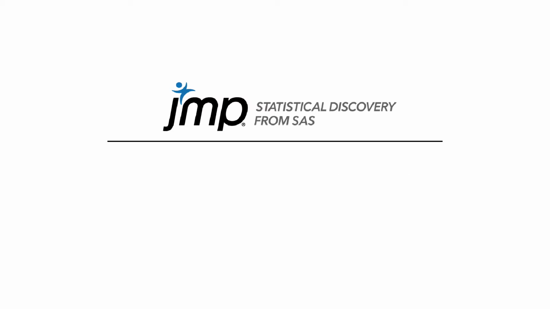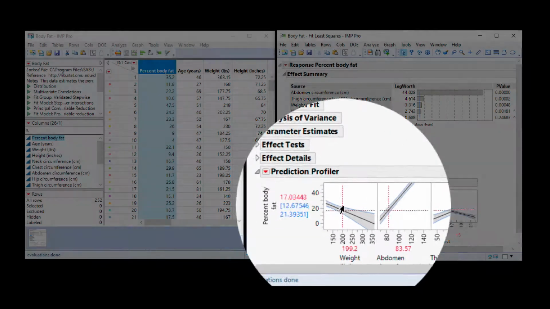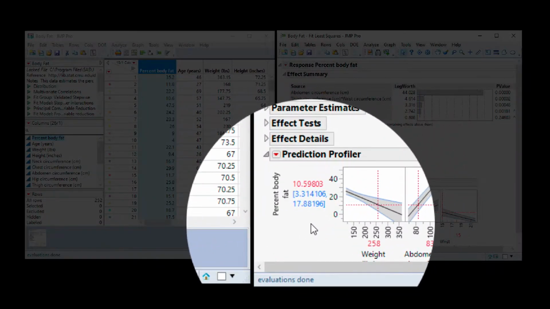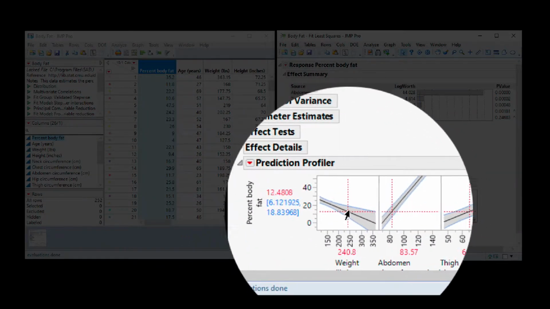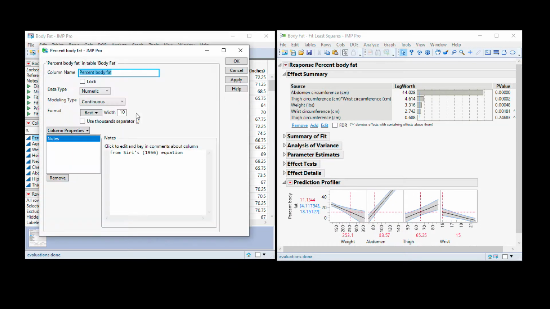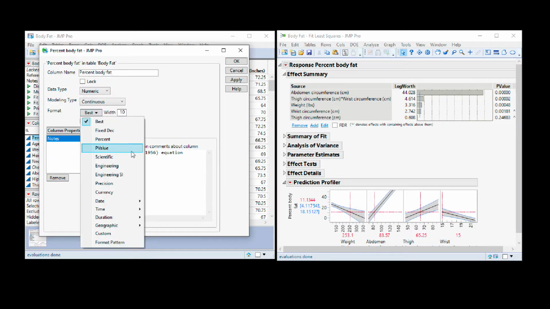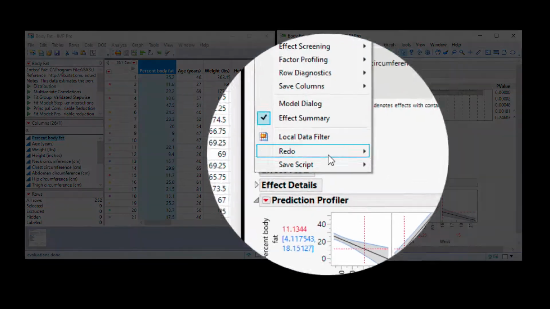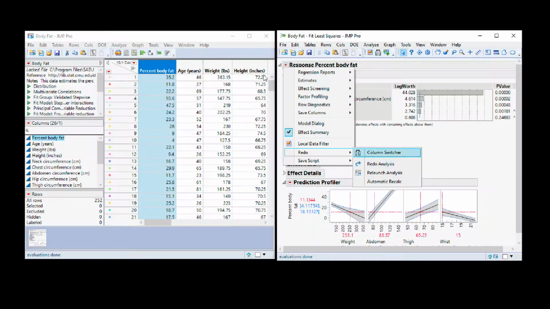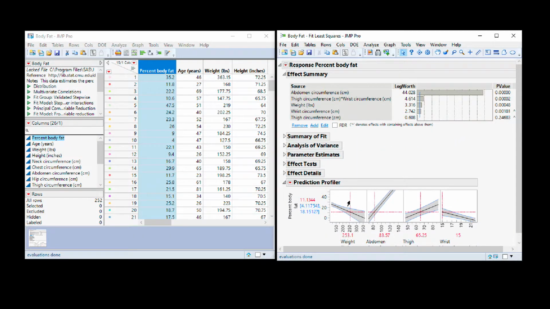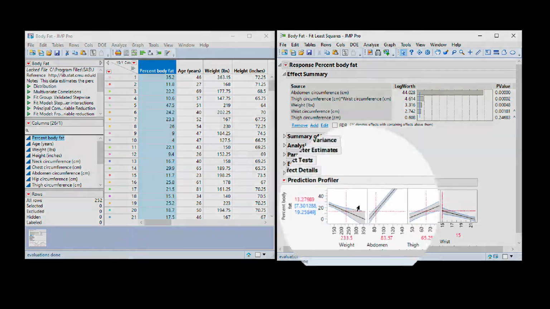To change the format of values and their confidence intervals in prediction profilers and other JMP graphs, change the format of the response column in the associated data table and then select Redo Analysis using the red triangle in the report. Using the body fat sample data, I have the profiler at the bottom of my fit model report, and